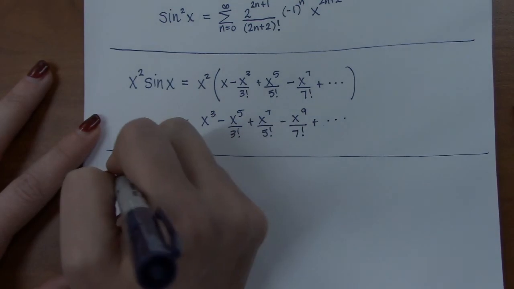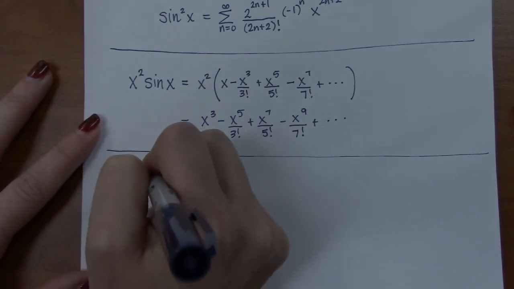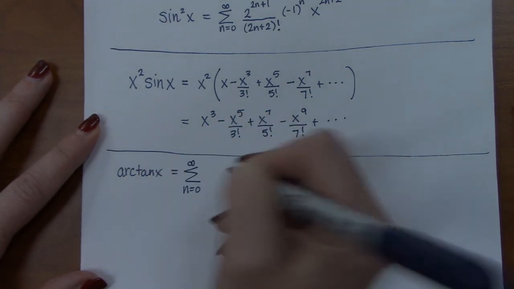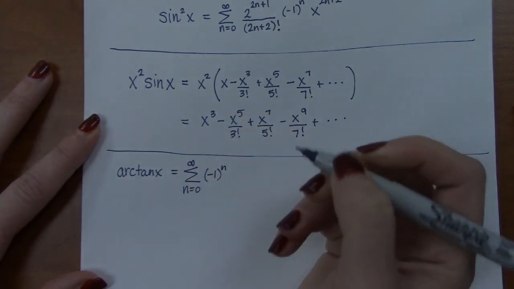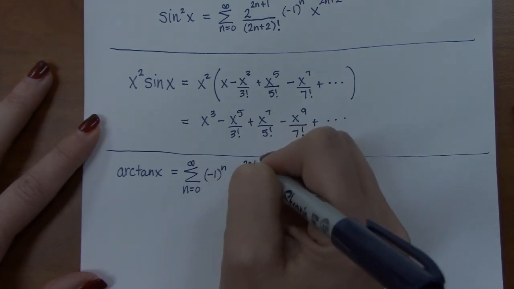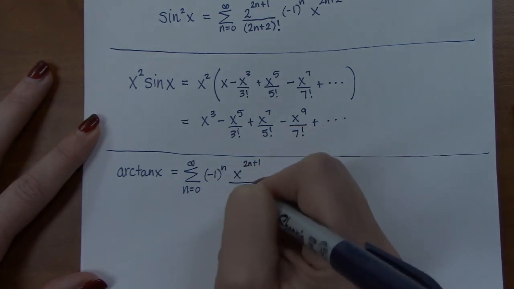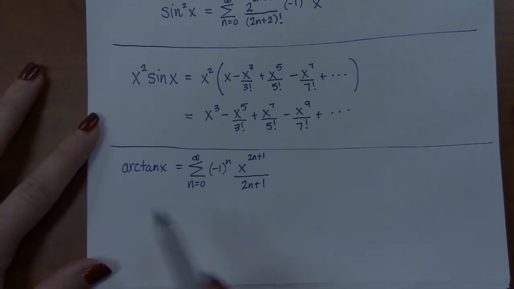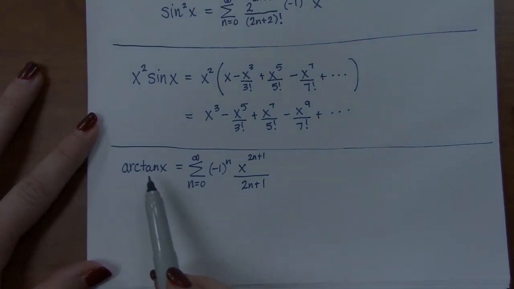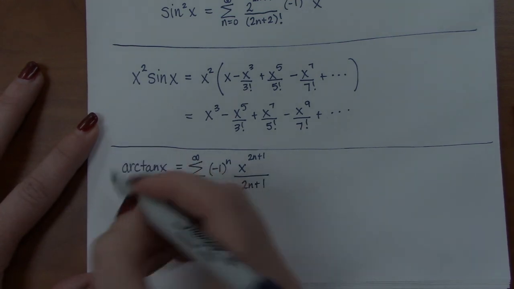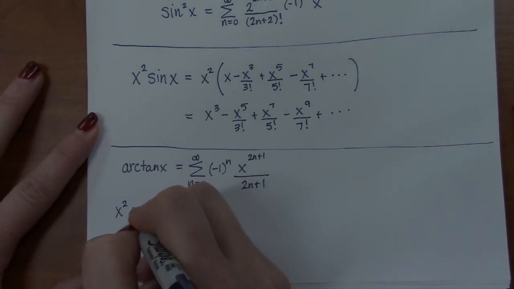So arctan of x was the series -1 to the n, x to the 2n plus 1, over 2n plus 1. And if I wanted arctan of x squared, then I would just plug in an x squared here and adjust the exponent. But if I want to know what x squared times